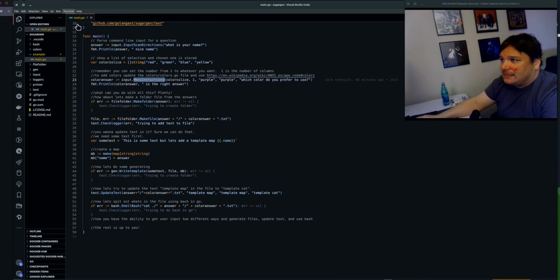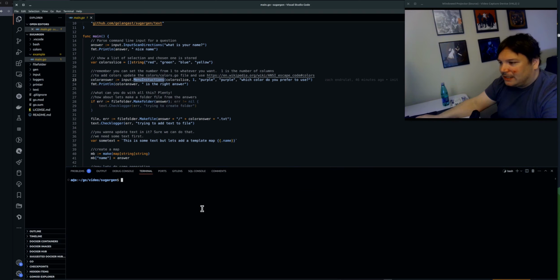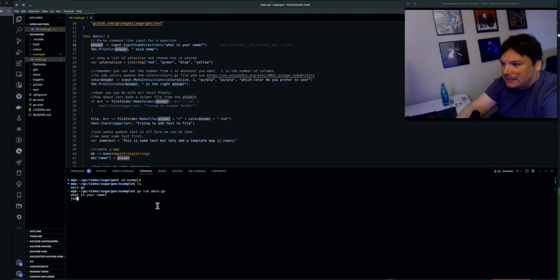So to put these into action, basically all this is inside the terminal as far as being used. So if we go into example and we see the file, we'll run main.go, and basically if it's the first time you run it, it might be a little bit slower just because it has to pull everything down. But here's a question, and this is the first part: what is your name here, and it stores into this variable. So if you do, let's say, John,